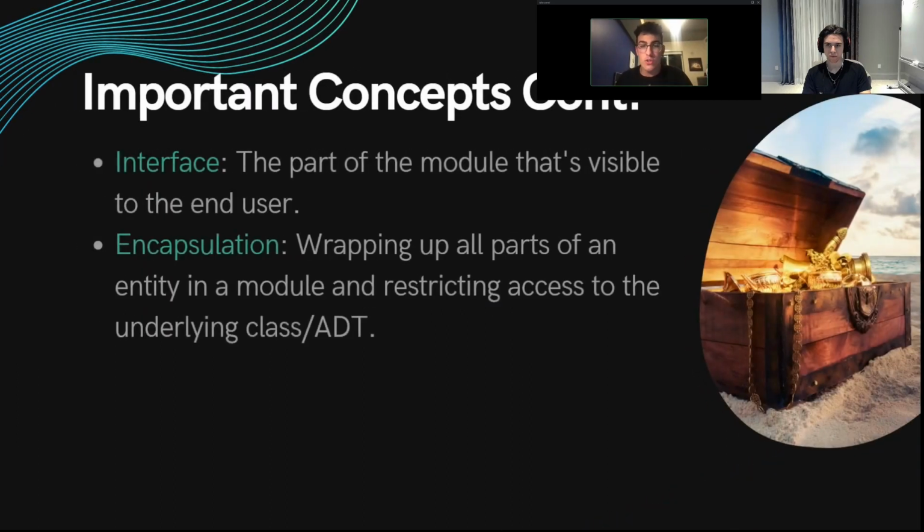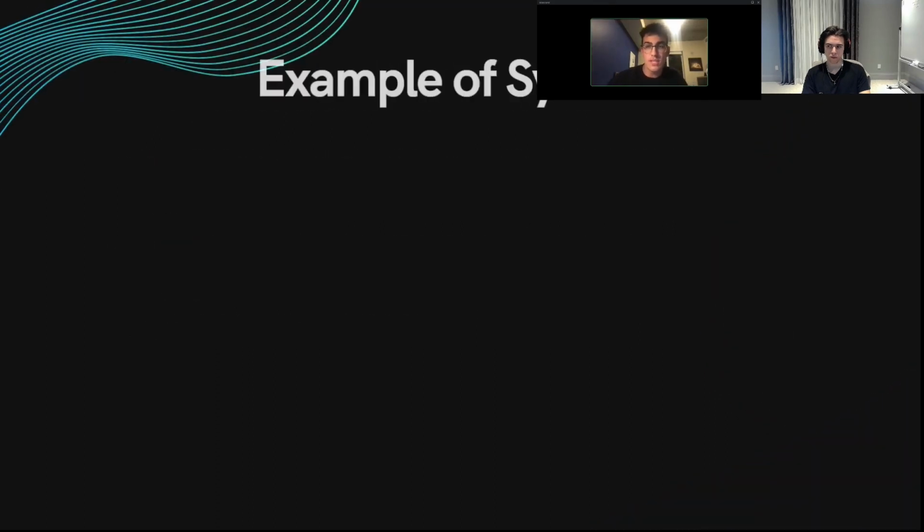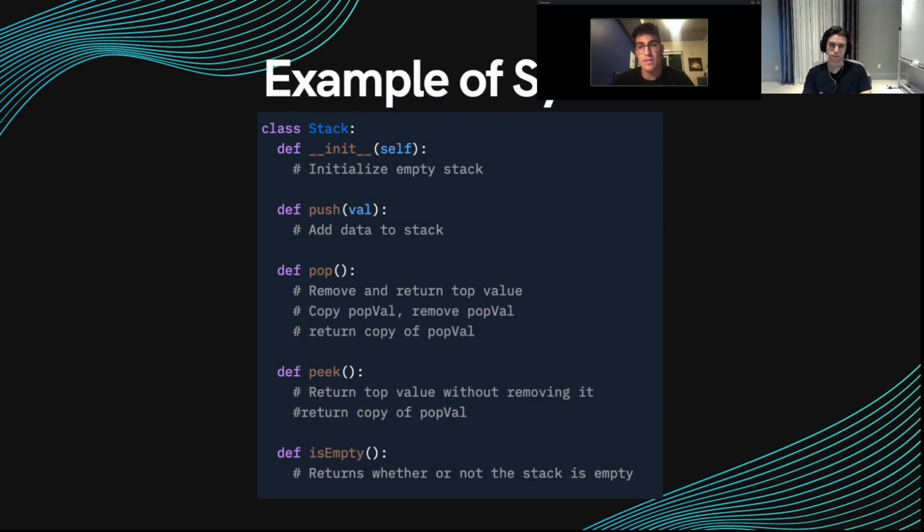The interface is also implemented with abstract data types. So the part of the module that's visible to the end user is called the interface. And encapsulation is wrapping up all the parts of an entity in a module and restricting access to the underlying class or ADT. So let's just look at the example of how we create an abstract data type or data